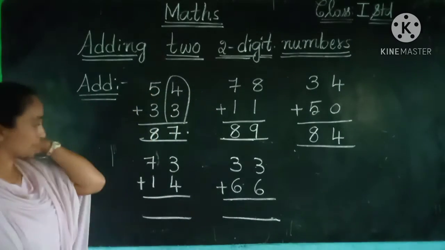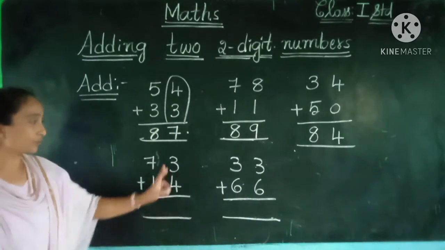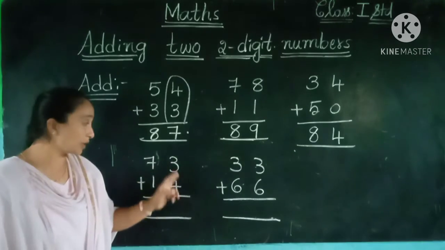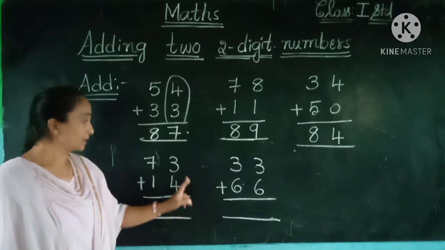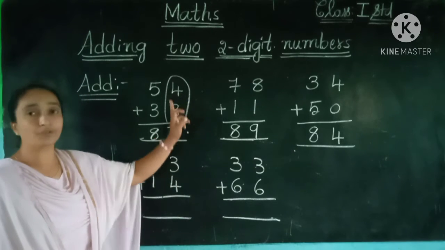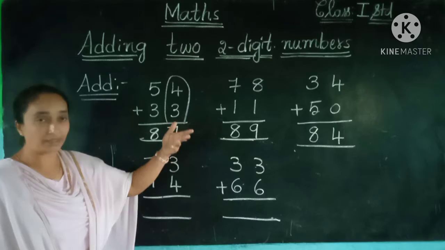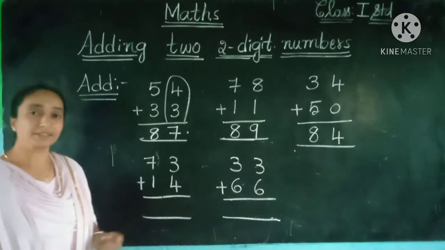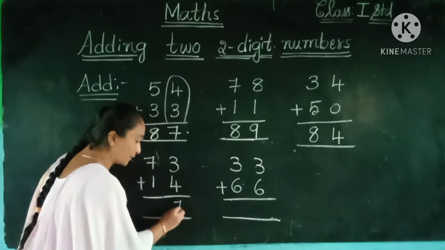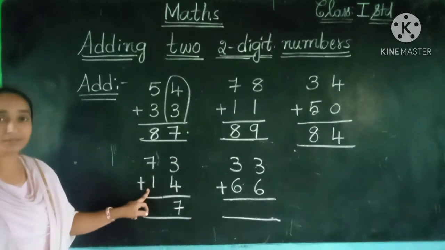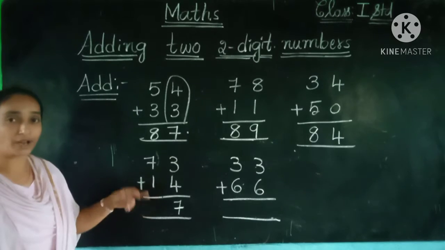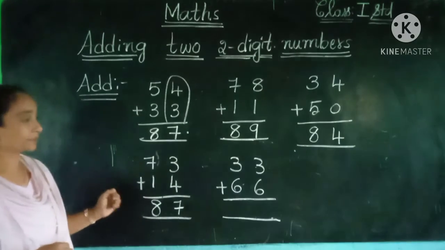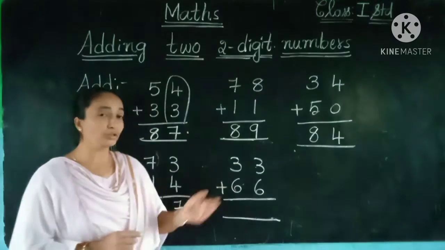So let us see another one, children. 3 plus 4. So first of all, children, don't start from the tens place. Always remember, children, you have to begin from the ones place. Now 3 plus 4. So here we got 4 plus 3, isn't it? Already we have done one. 4 plus 3 is equal to 7. Now 3 plus 4 is equal to 7. Yes, 3 plus 4 also 7. And 7 plus 1, 7 after 8. If we add 1 to that number, 7 after 8. So 8, 7, 87.